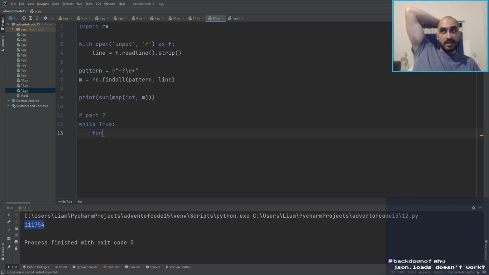We want to find every dictionary, and that includes ones that are nested deep within some other objects, which has red in it. Which you can do, but